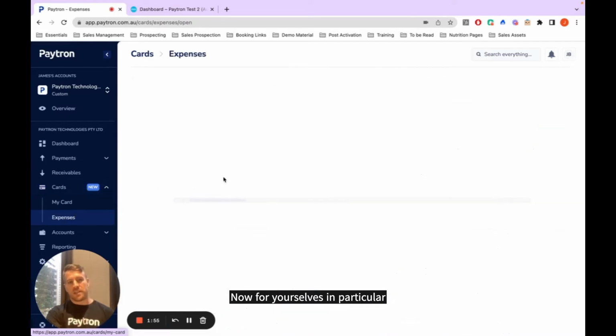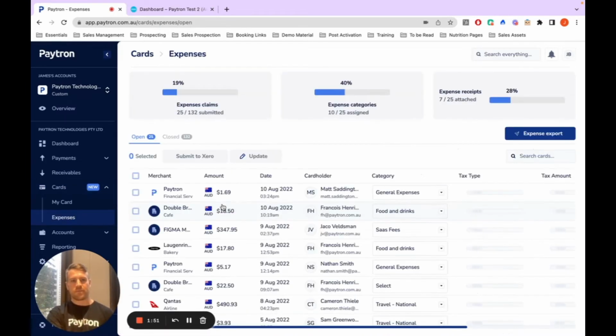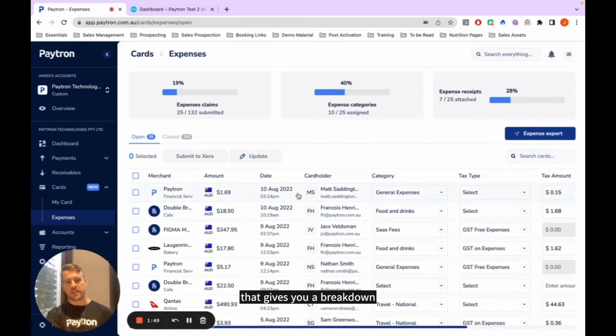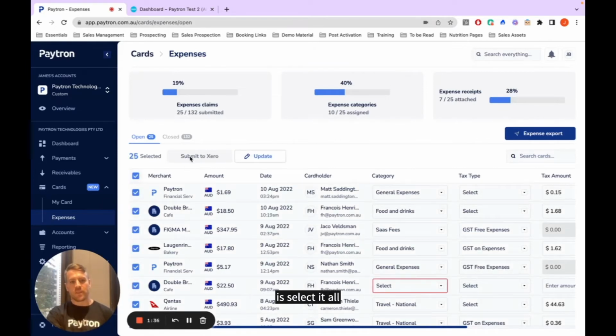Now, for yourselves in particular that are actually processing these and doing the reconciliation, what you'll have is a screen here that gives you a breakdown of all the different expenses, whether they've been categorized, the tax type. You can see up here the progress for all of them as well. But assuming that you're happy with everything, what you can then do is select it all, click submit to Xero,